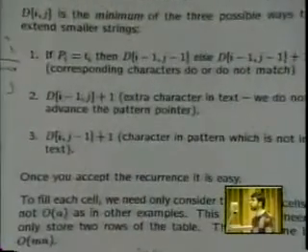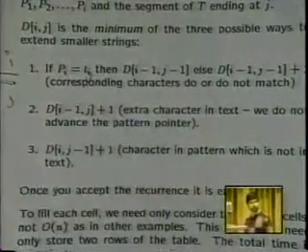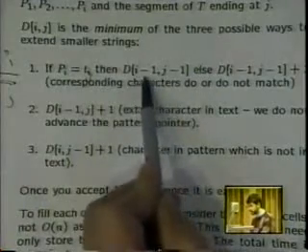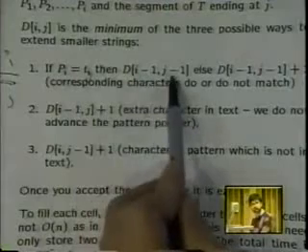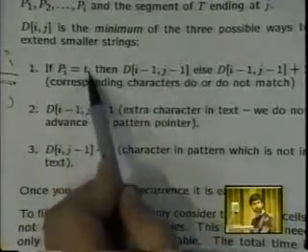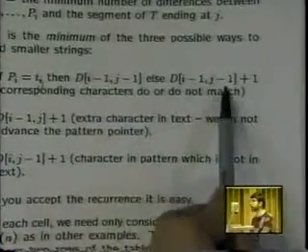So one possible way to match them is to say if the ith character is equal to the jth character of the text, then we pay the cost that we would have paid to get to the pattern and text by deleting both the last character of each. If, on the other hand, they were different, we could have done a substitution, which would have cost us what we cost to get there plus 1. Okay? So the one option we have is we could do a substitution or a match.